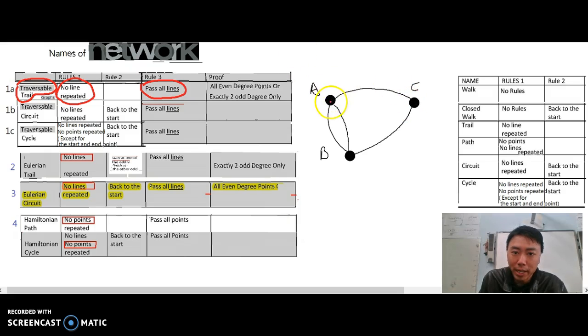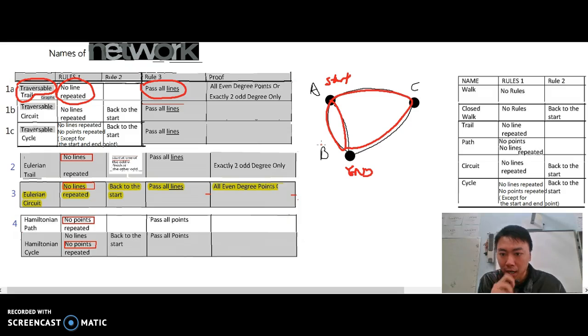So I start from A this time and see if I can use all the lines without repeating the lines. Yep, I can start from A and then end at B. And I can use all the lines without repeating any. Alright, so we can call this a transversal trail, but you don't need to go through the diagram every time